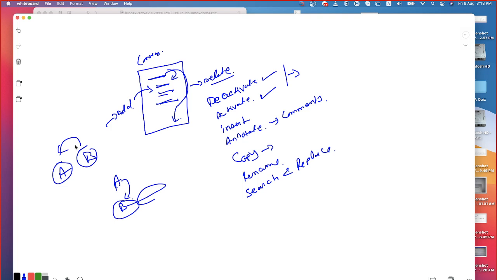You don't need to search the configurations individually line by line, remove the statement and add a new statement. Just go for search and replace. Most of the time that is going to be helpful for you. So these are all the components that will help you with respect to editing the security related configuration.